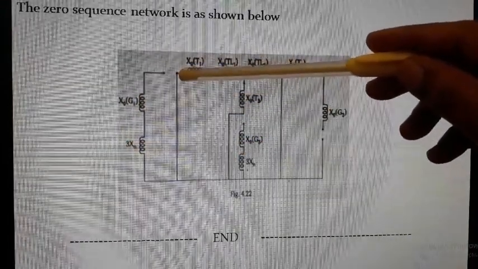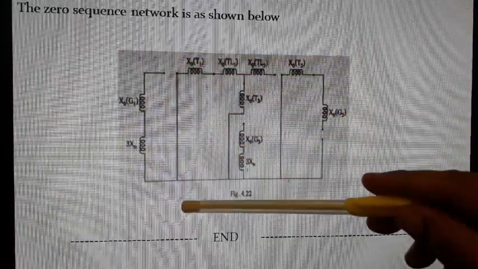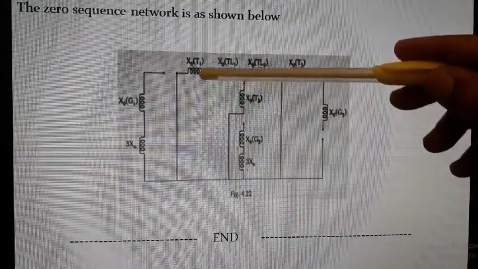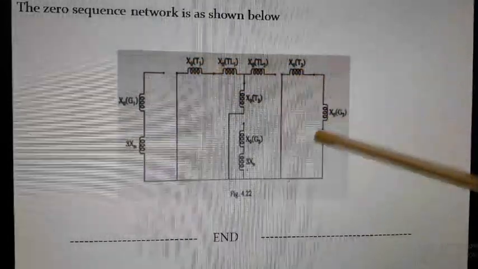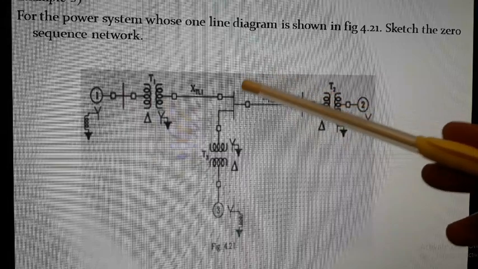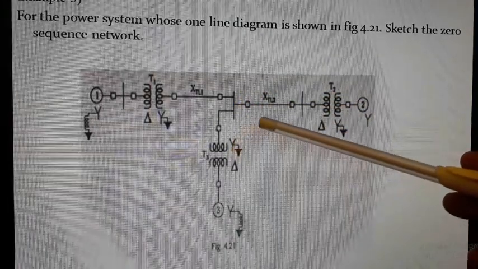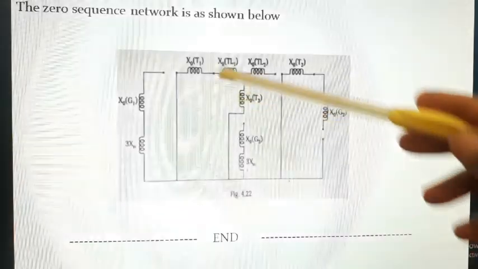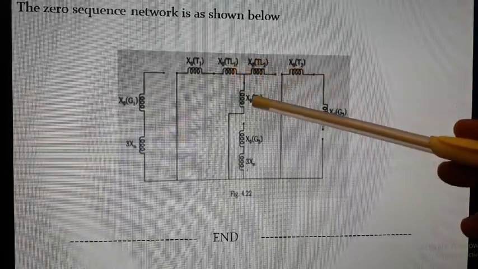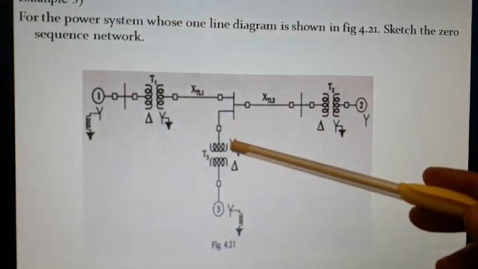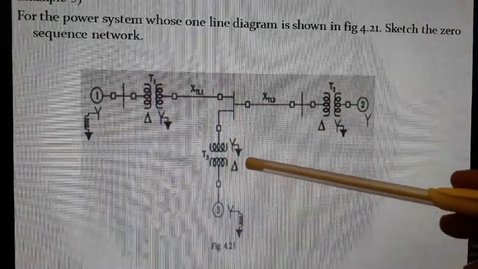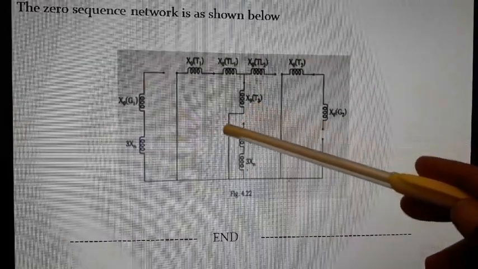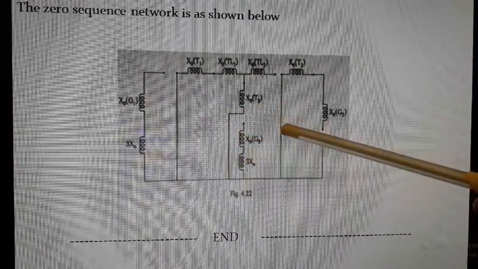So that we must show here: generator reactance, 3 times the neutral reactance, and the open circuit because it's delta, and delta means it is grounded. On the star grounded side, the series switch is closed, and the transformer reactance is shown. And next here is another transmission line, and then from here another transformer comes. The transformer is star grounded, so the series switch is closed, and the shunt switch is closed at the secondary, so it is connected to the reference.